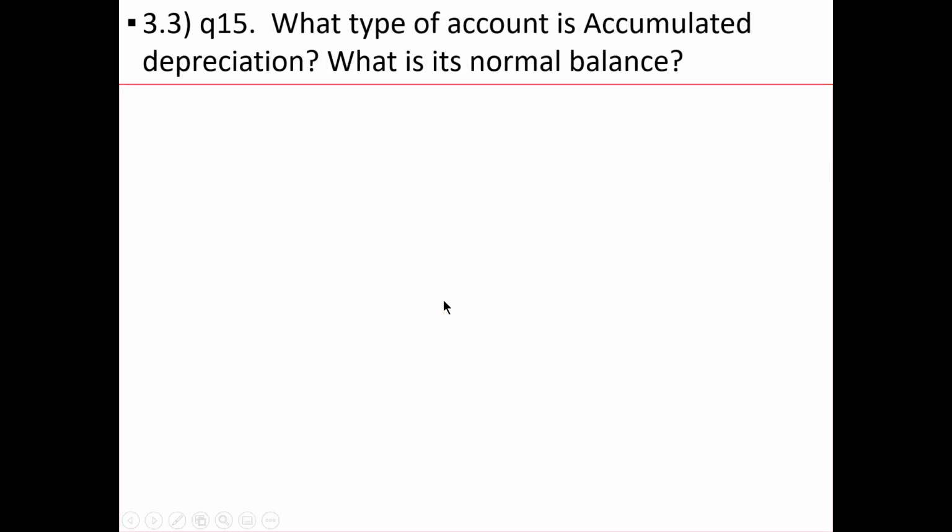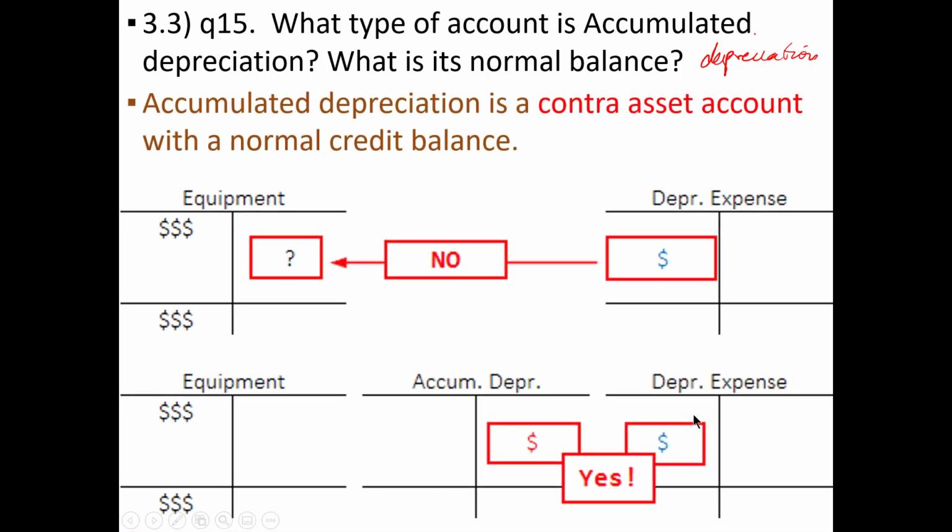What type of an account is accumulated depreciation? What's its normal balance? So now we're moving from deferrals into depreciation. And we're going to talk more about this in, I believe, chapters 7 and 8. So realize I'm just giving you an introduction to depreciation. Accumulated depreciation is an account called a contra asset account because it acts contrary